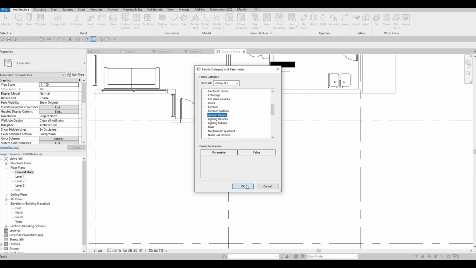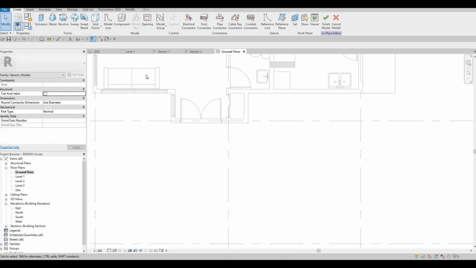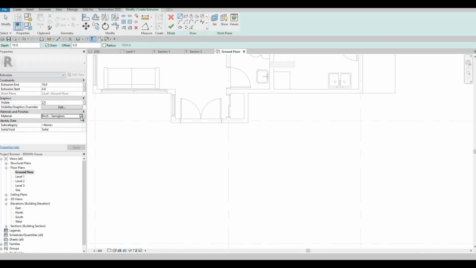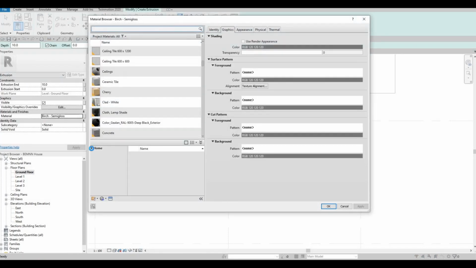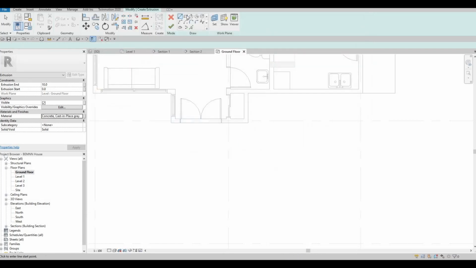So generic model, press OK, and then from here I want to change this a bit. So extrusion, change the material. I'm going to do concrete, one of the concretes right here, and then pick line,